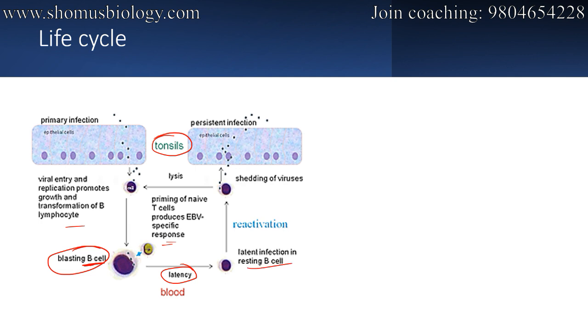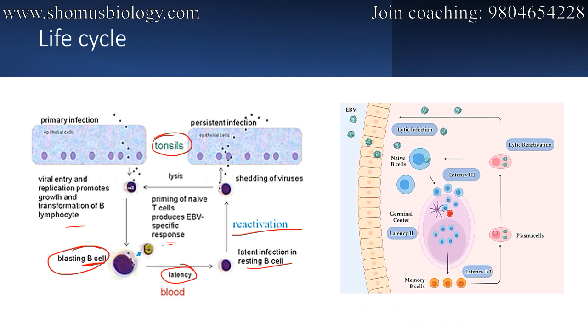So the components of the Epstein-Barr virus remain inside the B cell for a while, and then sometimes later reactivation begins again and the viral particles start to package themselves and can come out again in the tonsils, and through the tonsils they will again move from one host to the other host via sneezing, coughing and all this process. This is another picture which explains this process perfectly.